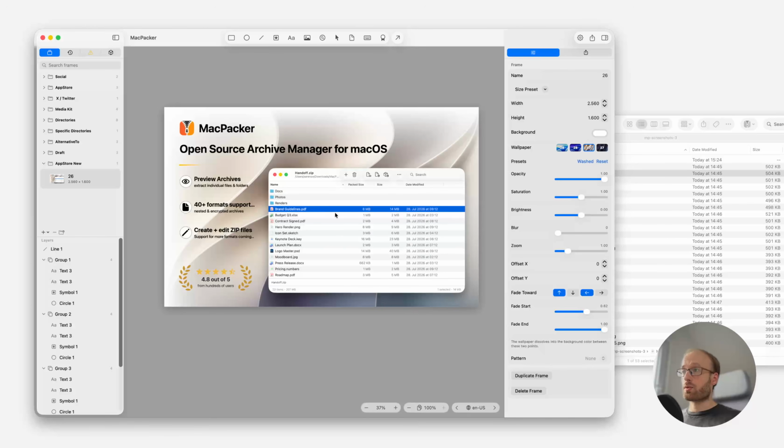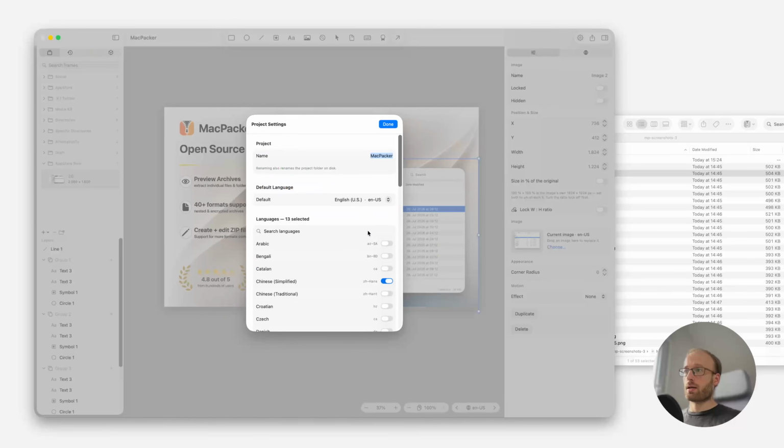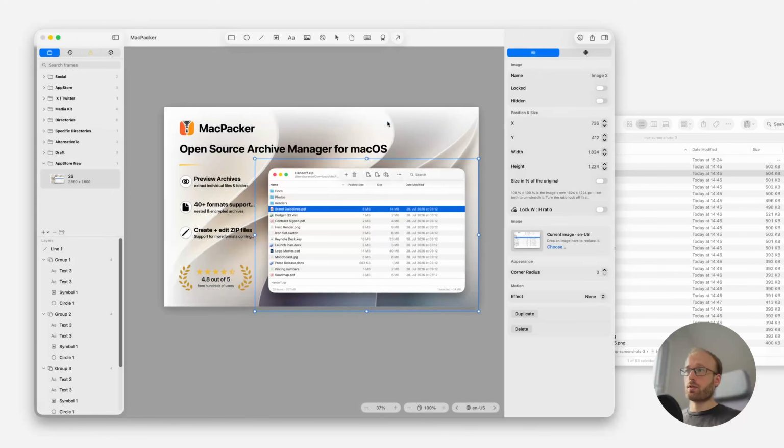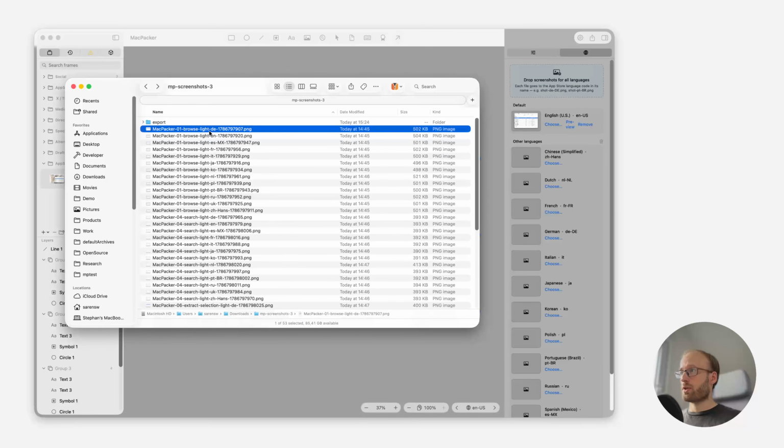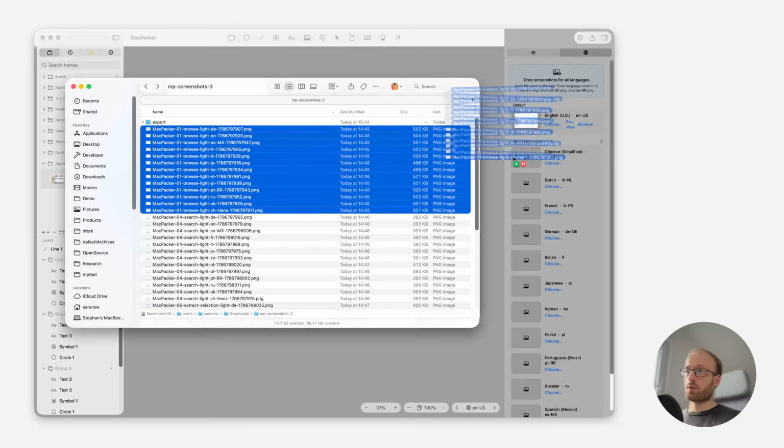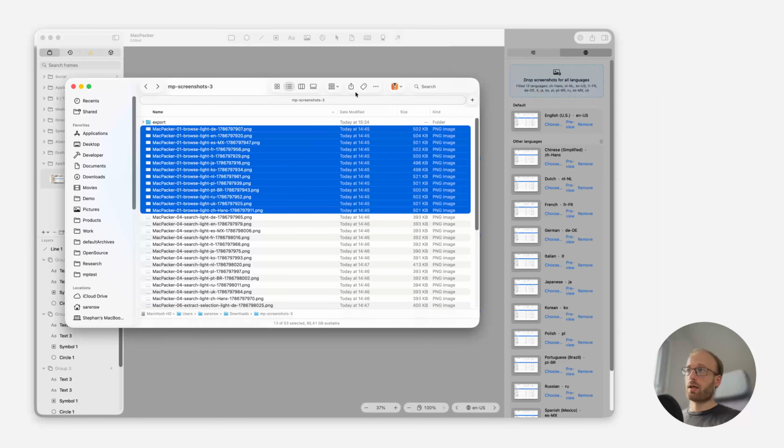And what else we can do is that we can also localize the texts and the images, because Macpacker is distributed in 13 more languages. So I have set this in the project settings that the following languages are supported. So I can now go ahead and select this one image here, and I can go to the image settings, and I can just drag all of the images that I have prepared, and you can see they all have these IDs of the languages, and I can just take them, drag them up here,